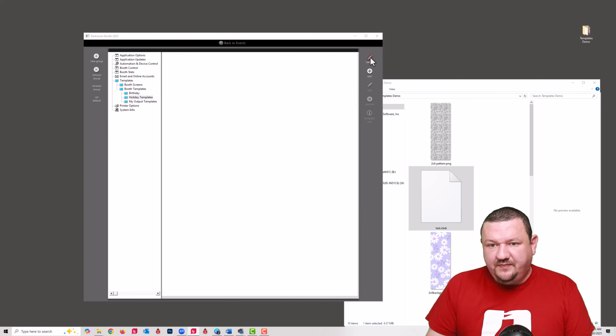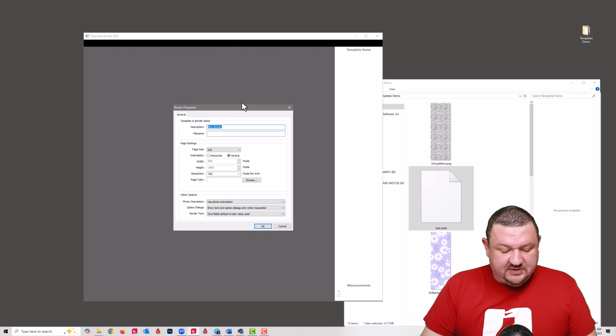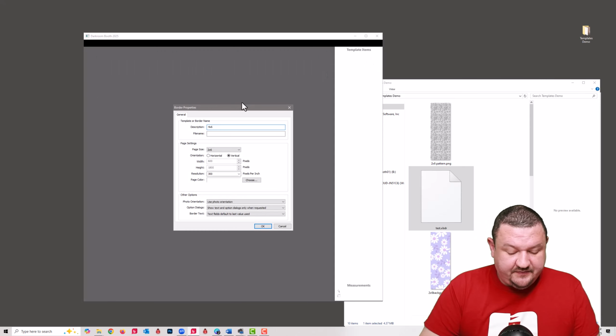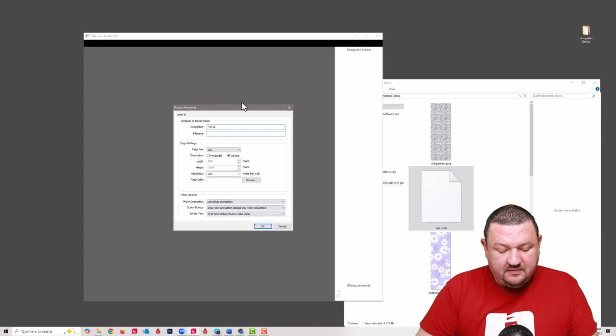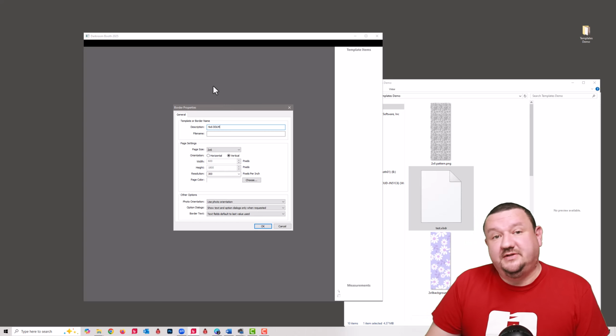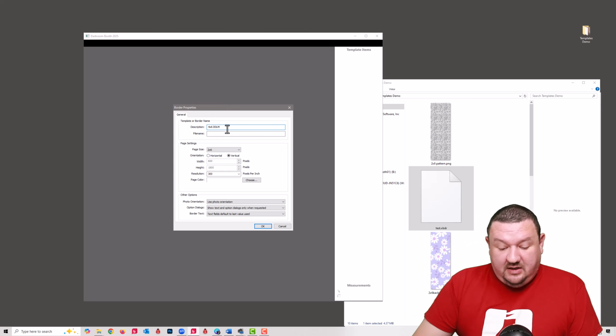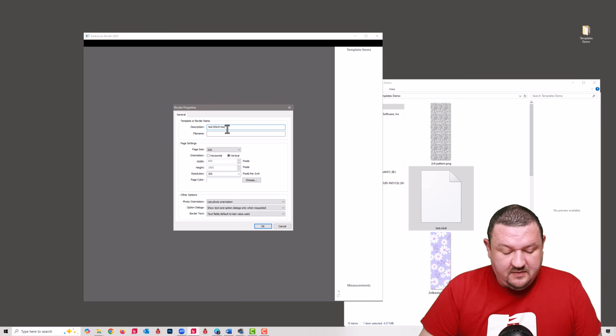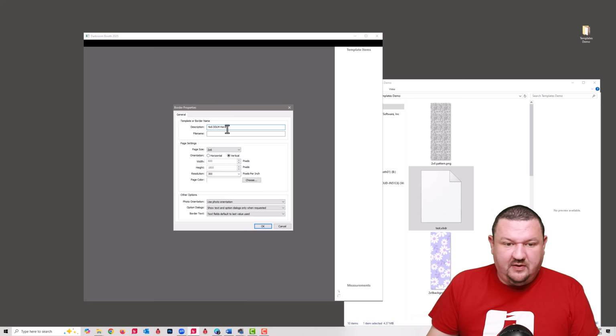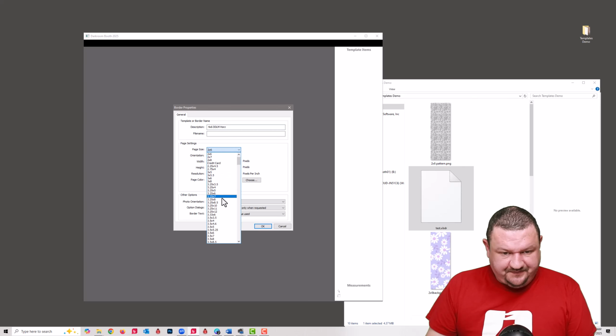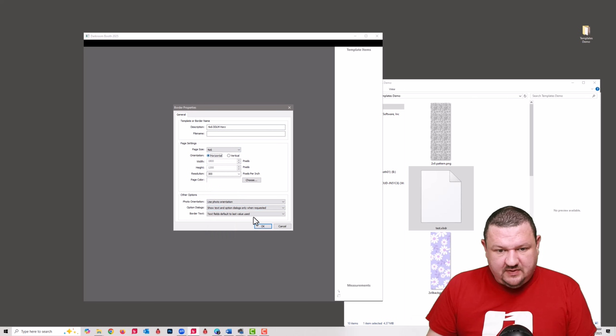I'm going to click new, and this is going to be a 4x6 Dia de los Muertos, or Day of the Dead, and it's horizontal, so I know the orientation. So I'm going to select 4x6 horizontal,